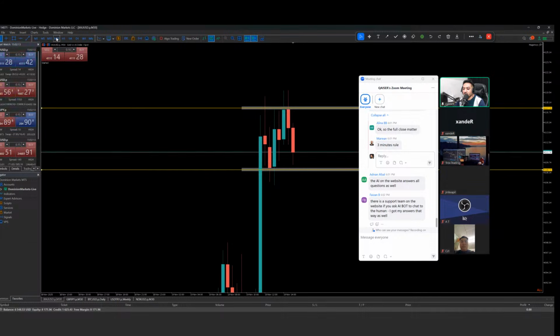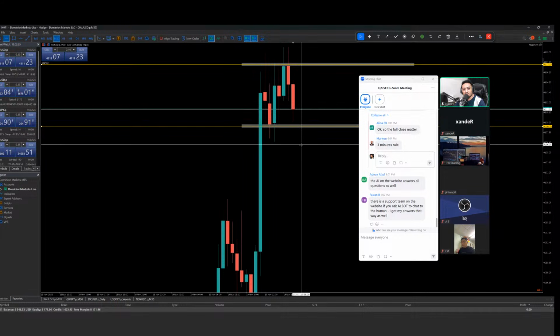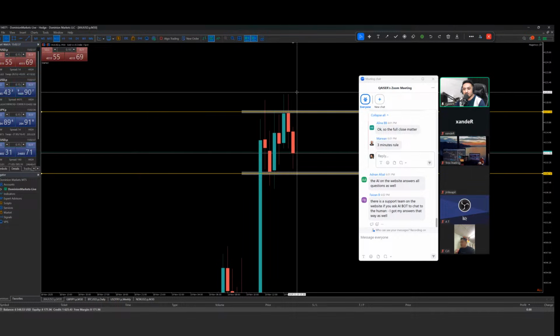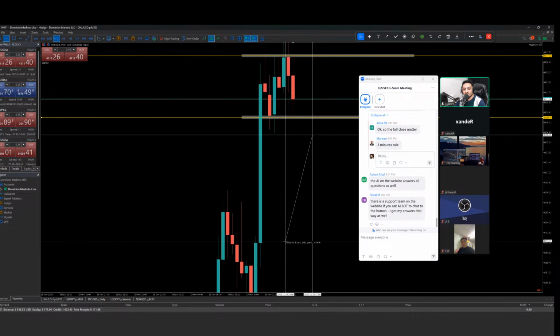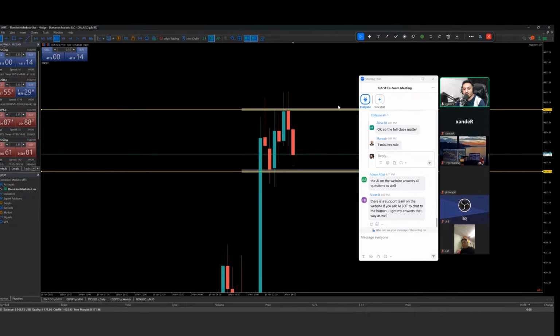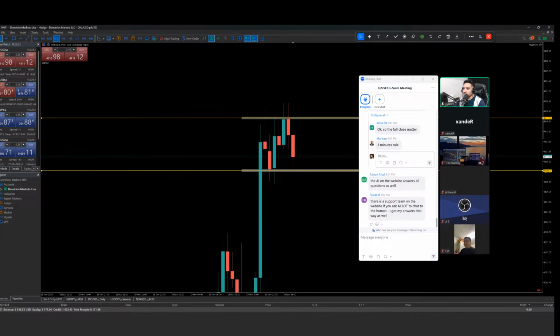Sir, will you take an impulse entry or wait for the candle closing? Let's see how this candle is going to react to this area or this area. Actually, you know what? It will be better if I wait for at least a 50-minute candle to close below the support so I can give my trade a chance. If I want to take a sell right now, we are doing consolidation. Just consolidation happening. I'm more interested in buys above this area and sells below this area. In both areas we are having clean traffic. See this one? What a beautiful clean traffic we are having to the downside, and what a beautiful clean traffic we are having on the upside as well. So I just need to wait for some confirmation to take action.